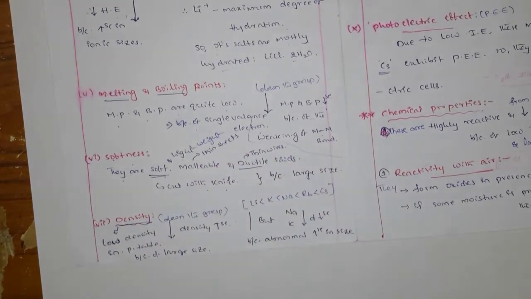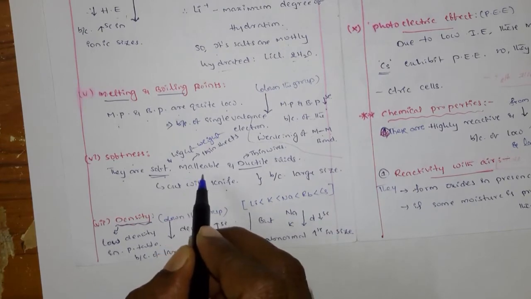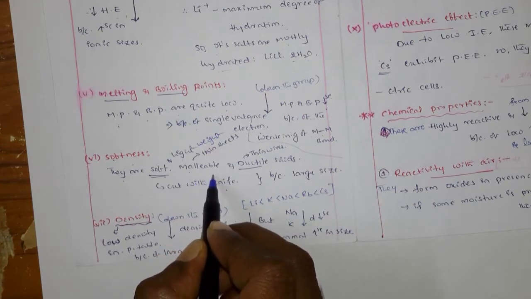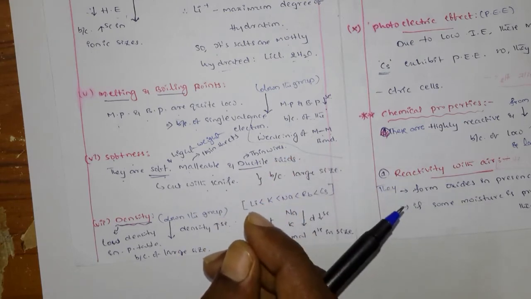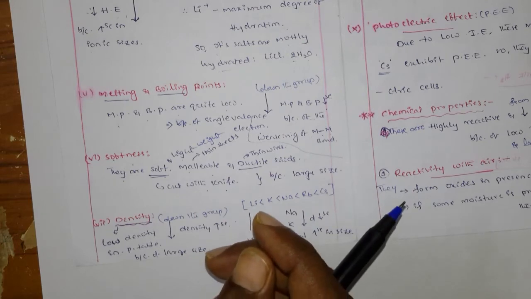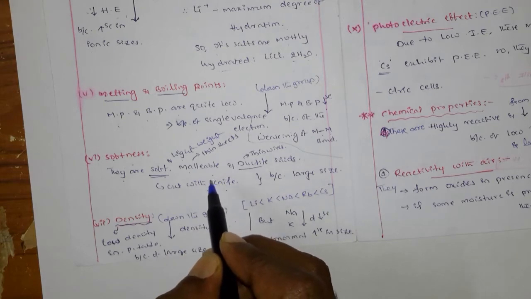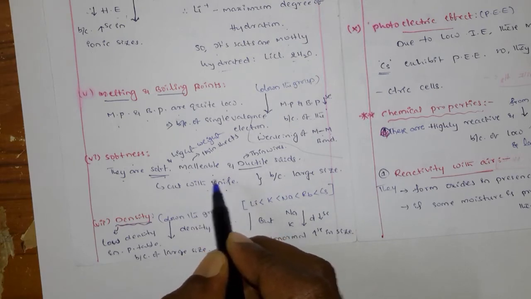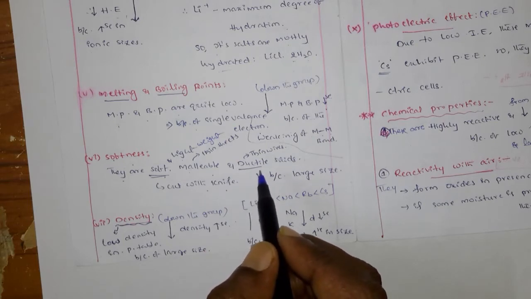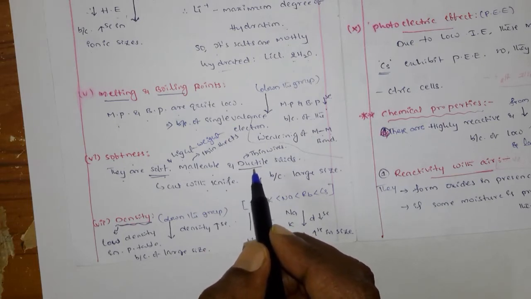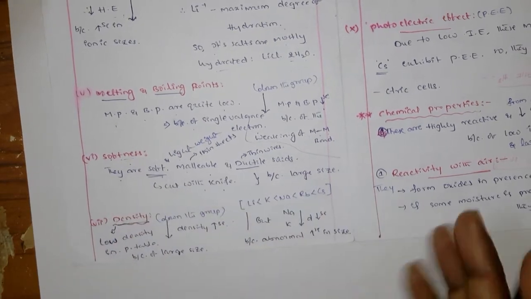These are lightweight, and that is the reason why these are malleable. Malleable means you can convert them into thin sheets like paper. Paper is nothing but a very thin sheet, right? Very similar to that, you can convert these into thin sheets. Those are malleable, and not only malleable, they are ductile. Ductile means you can convert them into small wires. That much soft these metals are.